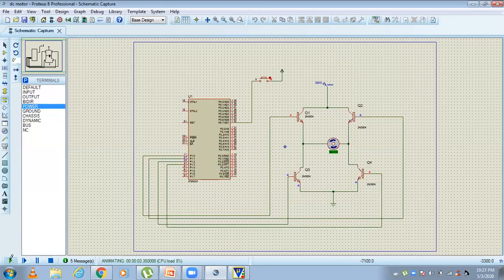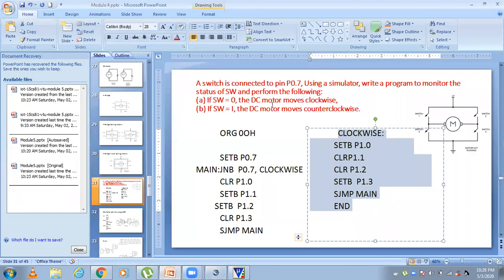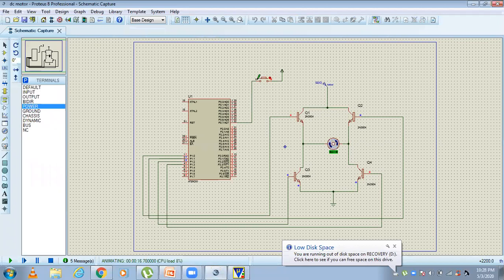Now see this one, the switch is equal to 0, right? So it runs in the clockwise direction. According to my program, switch equal to 0, the motor moves in the clockwise direction. Because the switch is open, a 0 input goes to pin P0.7, so the motor runs in the clockwise direction.